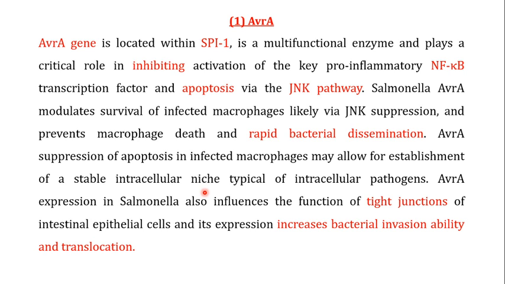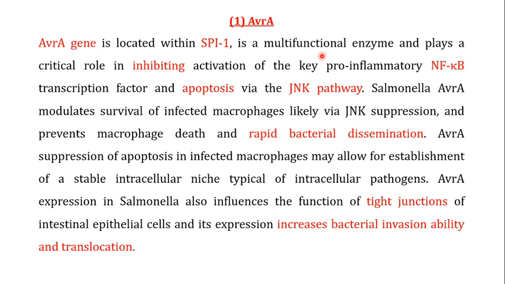If I give you examples of the important virulence proteins or effector proteins that are produced in Salmonella and introduced into the human host cell by the type 3 secretion system, one of the important ones is known as the AvrA protein. Now this AvrA gene is located in the Salmonella Pathogenicity Island 1, and this AvrA protein is actually a